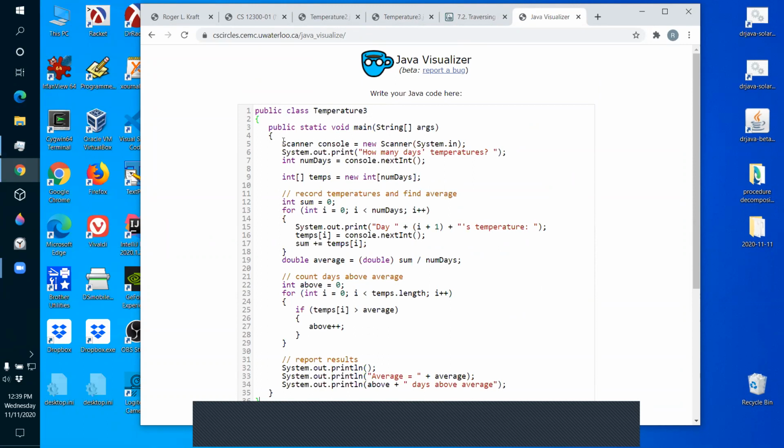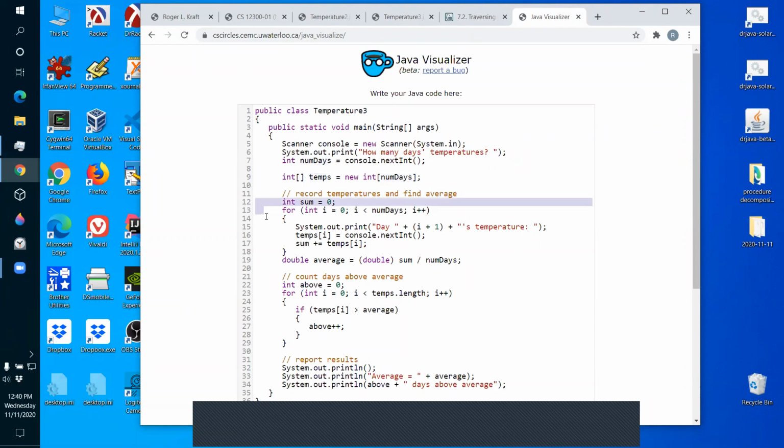Okay, so here's what I'm going to do. I create an array. Remember we talked about arrays. This is a reference to an array. This is the actual array. So this side of the equal sign creates the array of num_days numbers. So I ask the user how many temperatures they're going to give me, and then I create an array to hold them. There's creating the array, and then I create a name for that array.